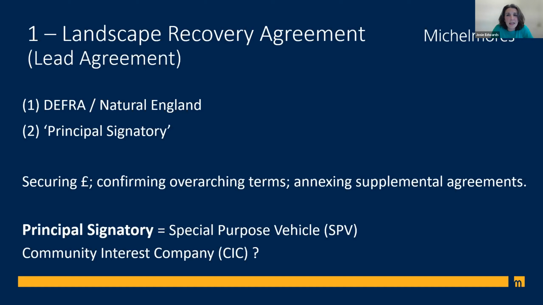We also considered the potential for using a community interest company in this context. Now, they are also limited liability companies, but they're designed specifically for social enterprises that want to use their profits and assets for the public good. And their primary purpose is to benefit a specific community and not the company's shareholders, directors, or employees. Now, the regulatory regime around community interest companies is more restrictive, but we felt it's definitely an option worth considering in the context of these landscape schemes.